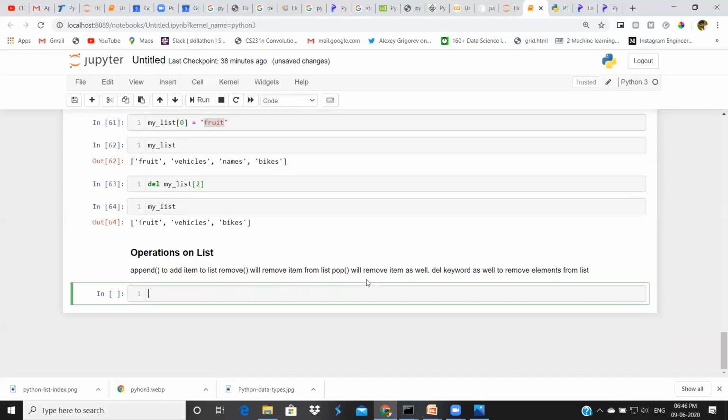One more thing. In some situations, we have to copy a list to another list. We want to make a duplicate list. Suppose I have my list and I want to make my list 2. In that scenario, you just apply dot copy.